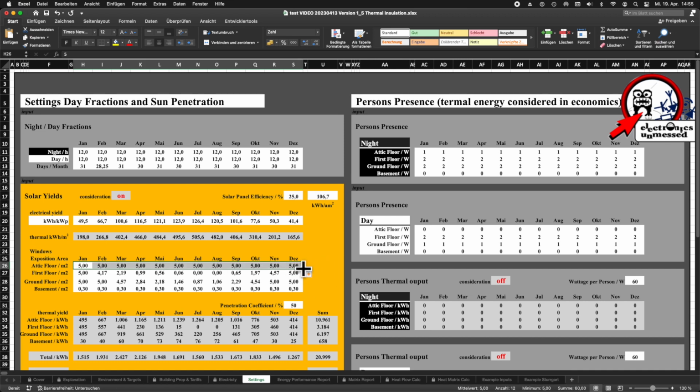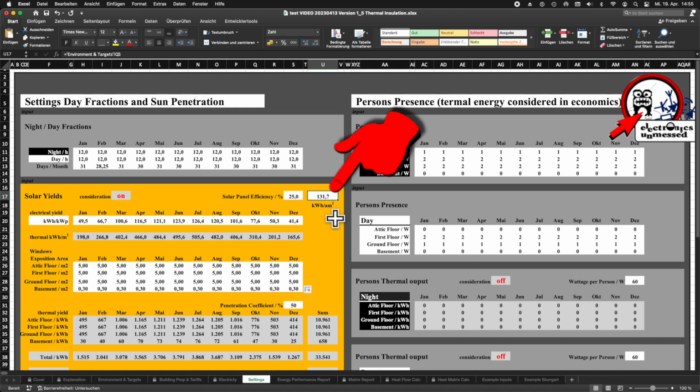First, I simply enter the maximum values, being 5 or 0.3 square meters for each month. By the way, we need to remove the sheet protection, otherwise we cannot use the solver function. Then we mark the field giving our total energy consumption and start the solver.